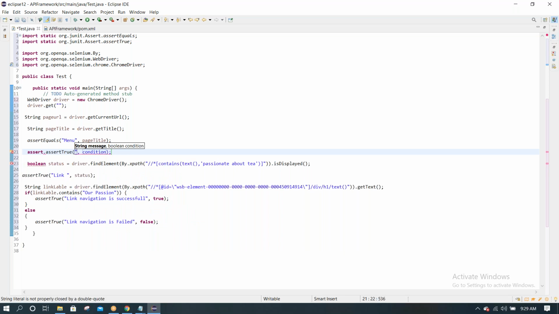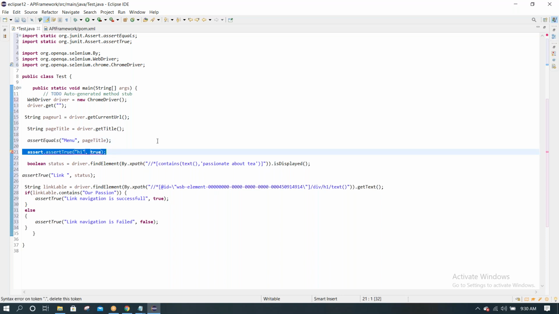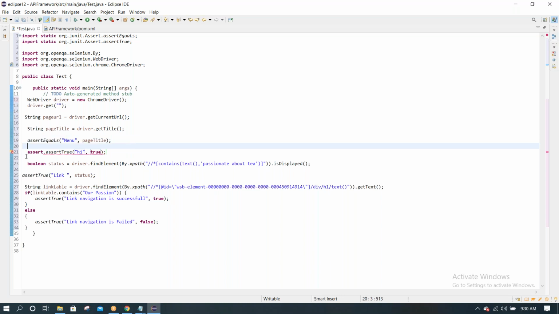Because we already wrote it like this, it is not supporting, but we can write like this also directly, assert dot assert to something like that. Better you can just practice like this. Why do I unnecessarily need to write dot extra?